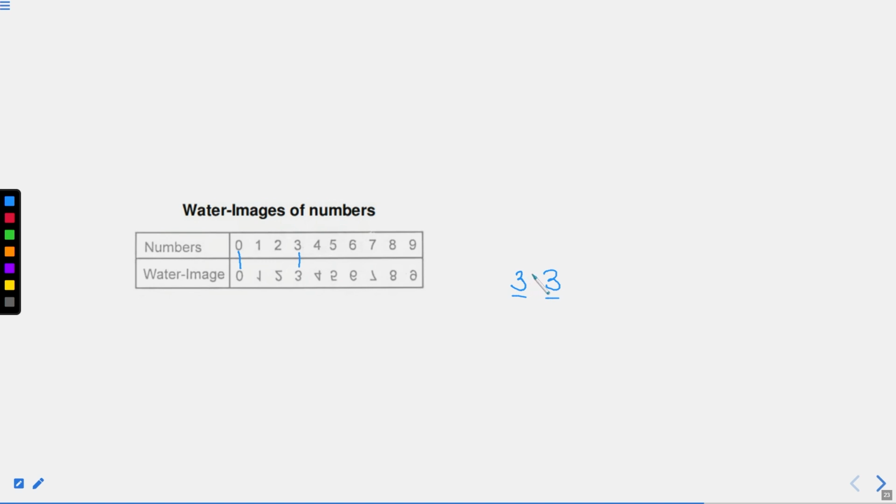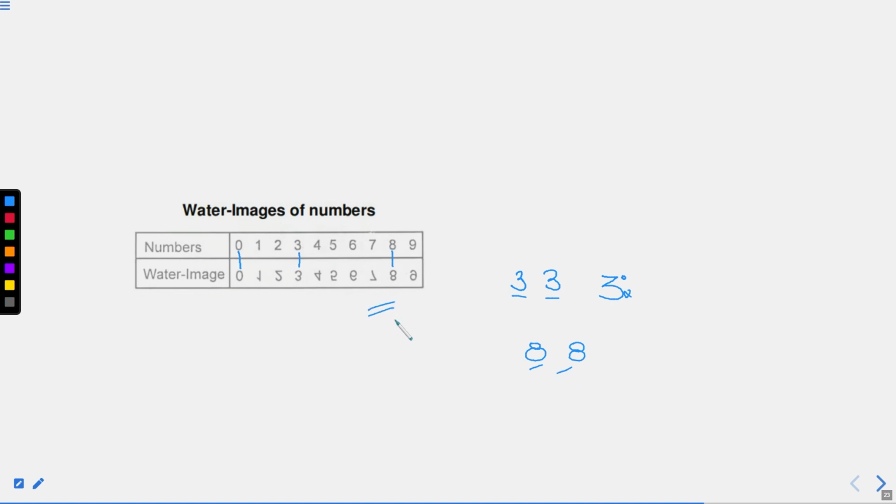In actual 3, what happens? 3 is actually written like this, right? One side is sharpened, the other is not sharpened, right? So 3 may or may not be considered. Similarly, 8 is similar, but again, in case of 8, we write like this. Somebody will write like this. There is difference in both, na? So you can check which exact font is used and find their water image accordingly. I hope this part is also clear.